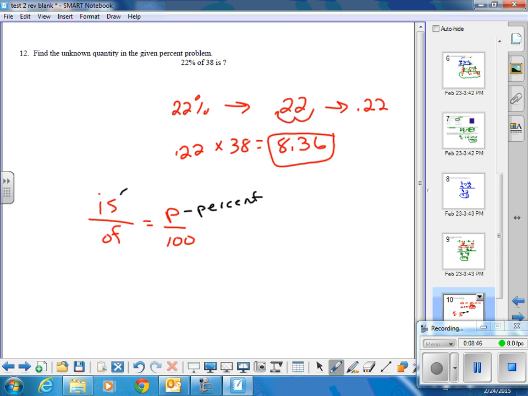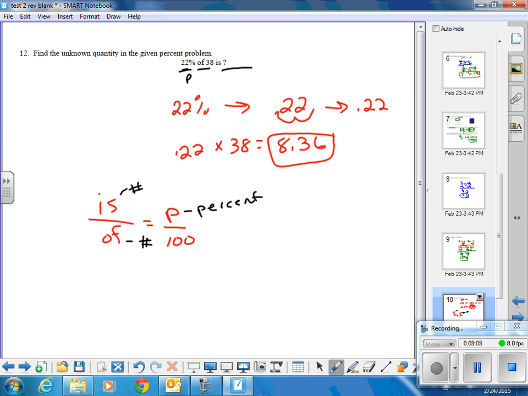This is the number with "is." This is the number with "of." This can be tricky to figure out whenever you're first learning these. Now, if you look here, 22%, that's my P. 22% of 38 is blank. Some people get confused and think 38 is the "is" number, when 38 is the "of"